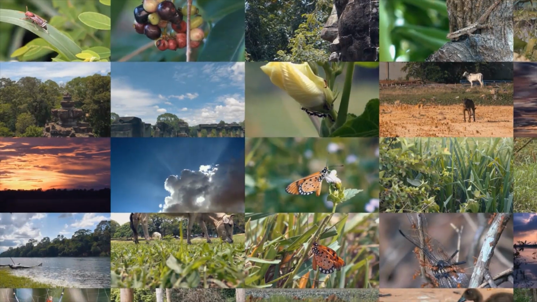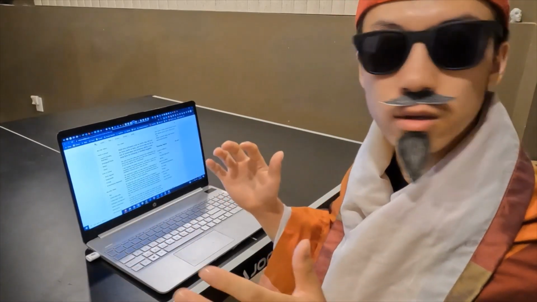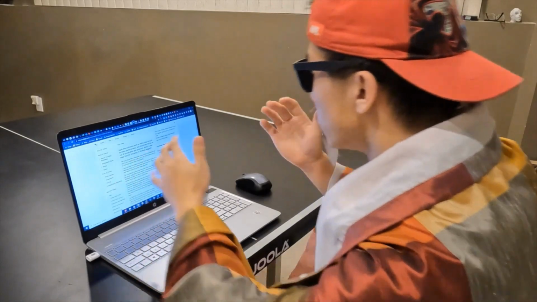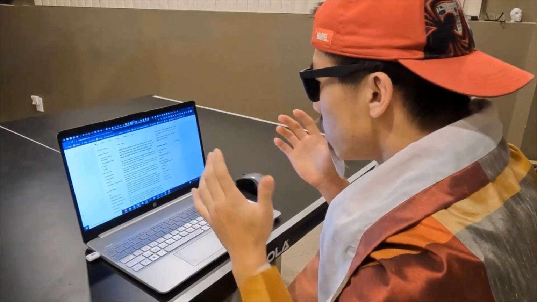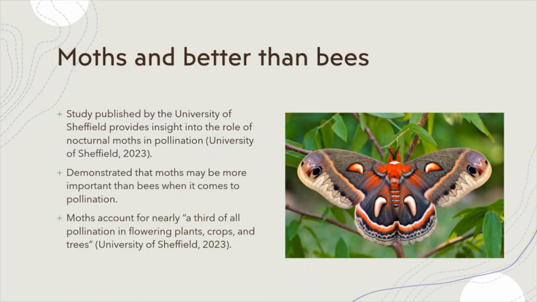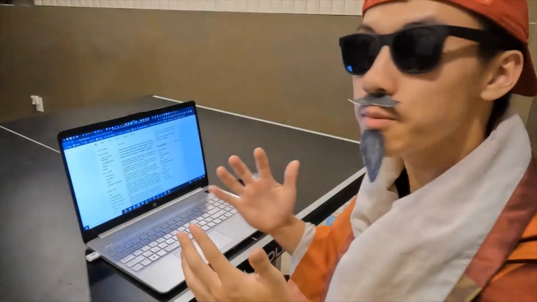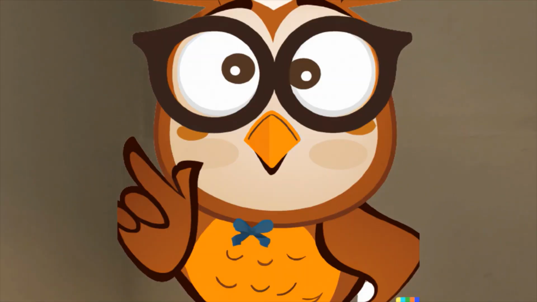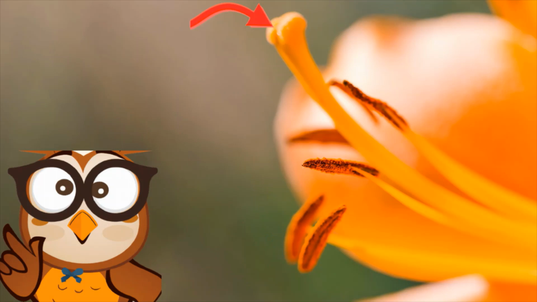Examples include birds, wind, animals, and water. Oh, I found something. This magical device is so useful. It says here that moths are more important than bees in terms of pollination. It says that a third of all pollination in flowering plants, crops, and trees is done by moths. Isn't that unexpected? Yes, very interesting, Mr. Viviano. Now, having reached the stigma, the pollen travels down the style and fertilizes the ovules in the ovary to